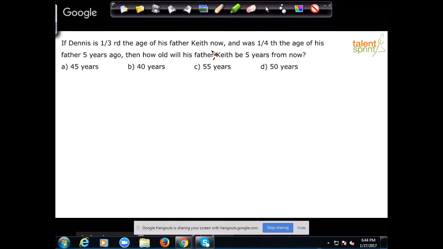But then you guys are divided, right? 45 or 50? What's the answer? Mahesh has also got 50. We have Raghuma who's got 45. So a lot of confusion there, huh? Clearly 40 and 55 are not the choices. It's either option A, 45 years, or option D, 50 years.